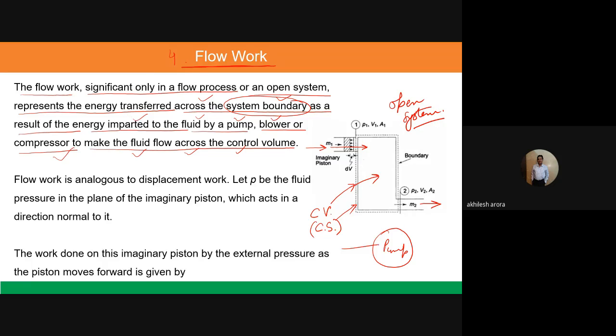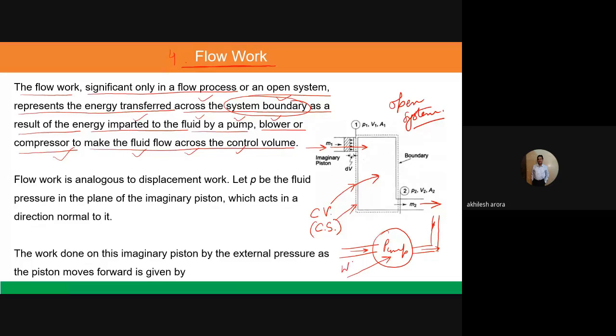So you know that there is some inlet, there is some outlet. From the inlet the water is entering into the pump, then the pump is increasing its pressure and lifting it to a particular height actually. So it's an open system. So we talk about the flow work in this particular case, and for lifting this water we have to supply